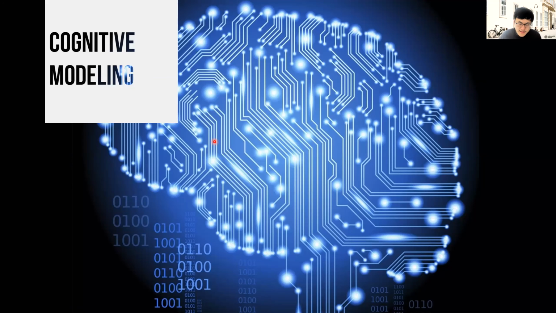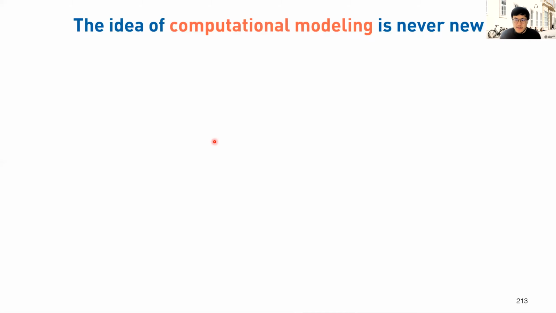And also today, let's switch gears, because we are doing this course not really for a generic statistics purpose. We are also talking about cognitive modeling. So from today, we will be talking about this topic. And before that, what is basically cognitive modeling? First of all, I would like to encourage you to think about it this way: